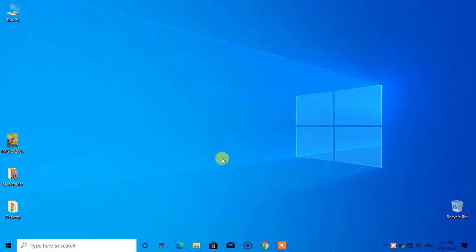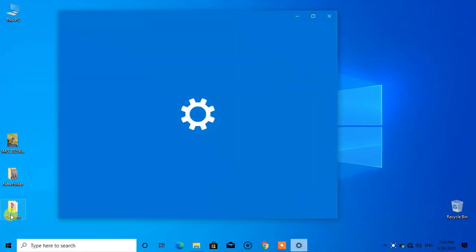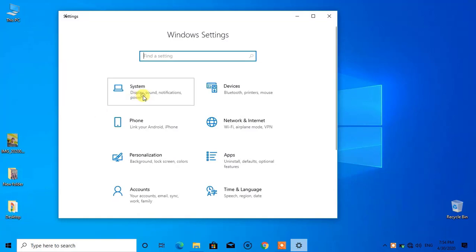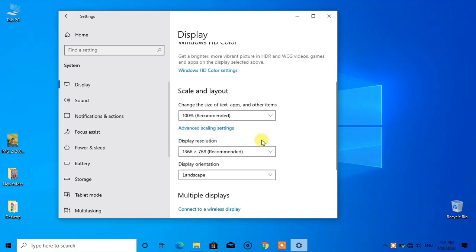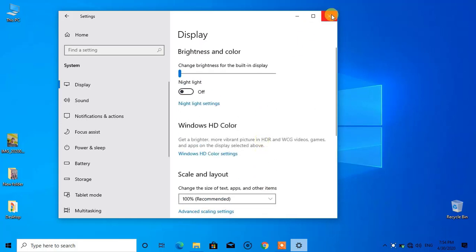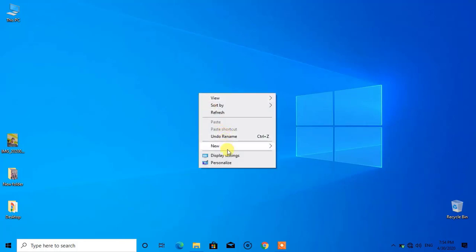So for this, click on Start and then go to Settings and click System, and there you have Display Settings, or we have a shortcut for display settings on the desktop. Right click, go to Display Settings,